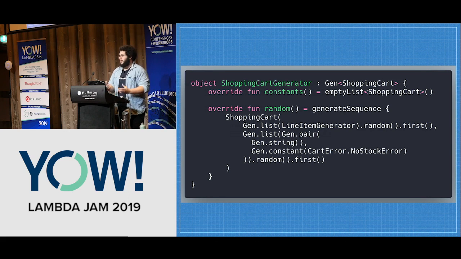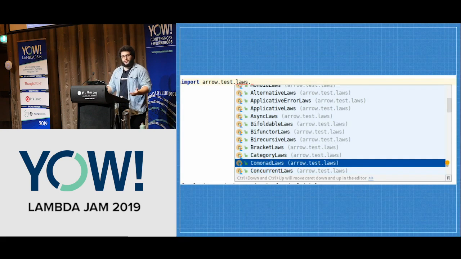So if we wanted to test our shopping cart, we can say, here's a shopping cart. Here's how I generate line items. Here's how I generate all this stuff. Here's my sequences. When I call forAll, this is what you should use to actually generate me a shopping cart. Which is really useful because earlier we said that shopping cart was a monoid,